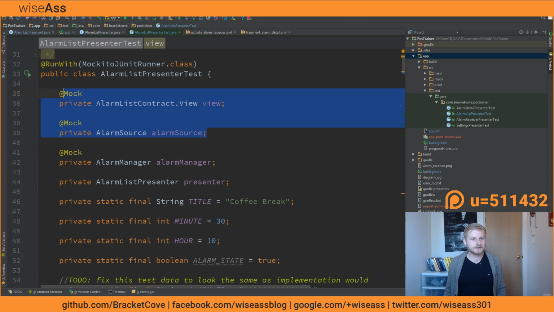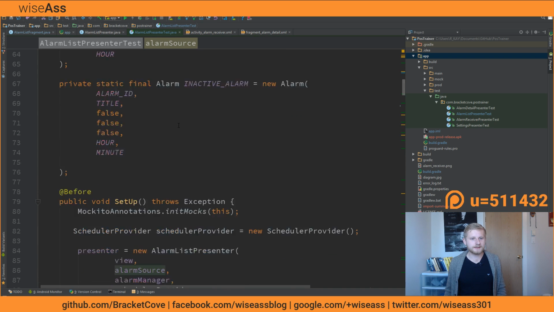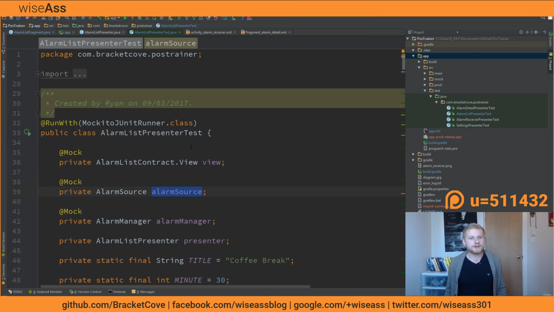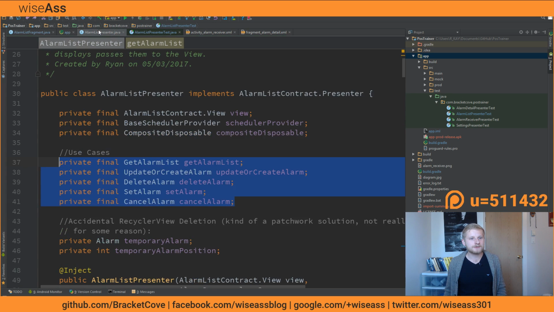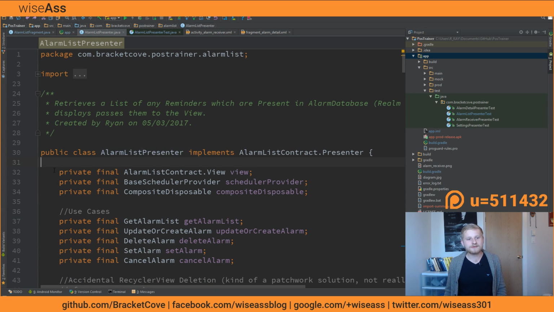So it's either going to talk to a view or a model. That's really all that's going on here. And then in this case, I create, again, this is why the naming conventions are so annoying, I create mocks. So these are objects which look the same to the presenter. So I can pass them into this presenter, a real instance of the presenter, but I'm giving it made up framework generated versions of these classes.